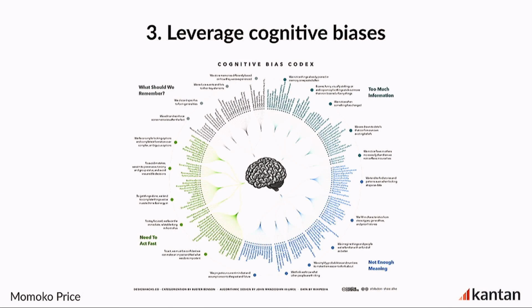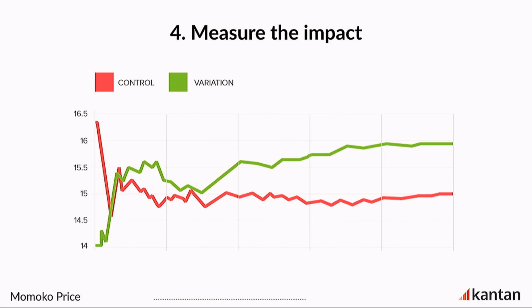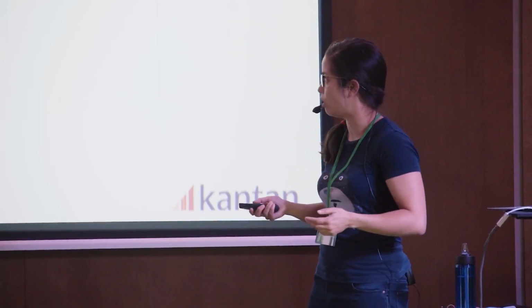Step number 3 is, if possible, and when it's feasible, try leveraging known cognitive biases to boost the persuasive power of your offer, of your sales narrative, using things like the default effect, using loss aversion, framing, anchoring, all these things that we know about the weird quirks and the way that humans make decisions. Take advantage of those if you can. And then finally, always take the sum total of what you've created. Make sure that you go ahead and you measure the actual impact using, pick your poison, whatever kind of test is appropriate for your traffic, for your audience.